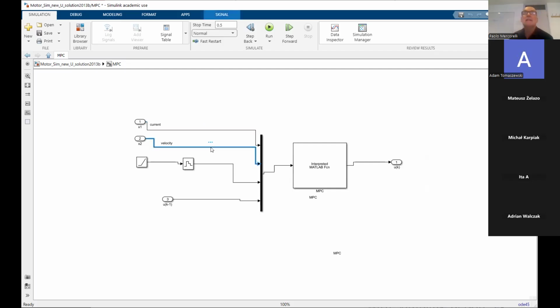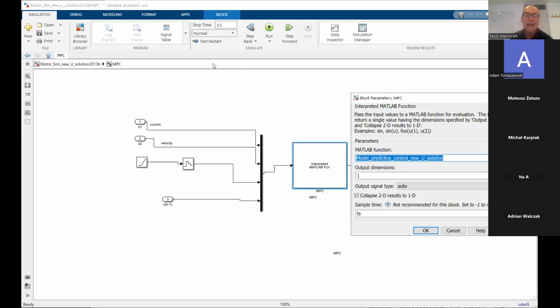Of course, if I cannot measure both, or can measure just one, I have to observe the other one with an observer. Here I have the ramp discretized, which states my clock, my k, starting from 0, 1, and so on. And here u_{k-1}, which I don't use. Here inside, you can find the name of the file